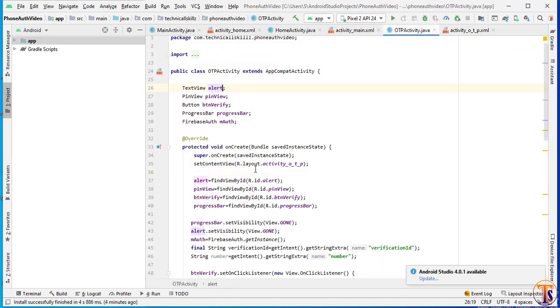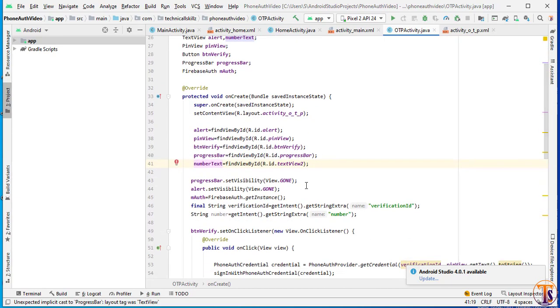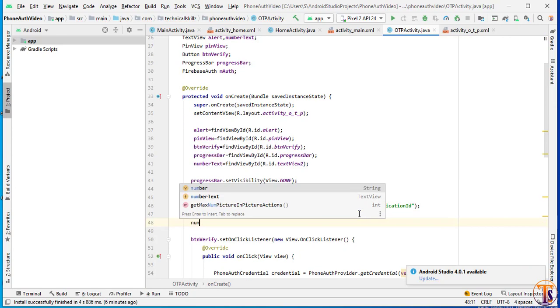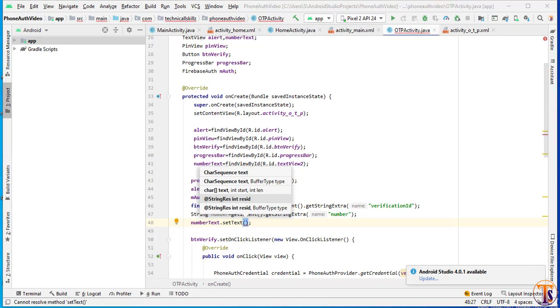So here we will initialize number text and also need to initialize it here, and here we will add that, and also number text, and here we need to add our text. So number text dot set text, and here we need to add our text.